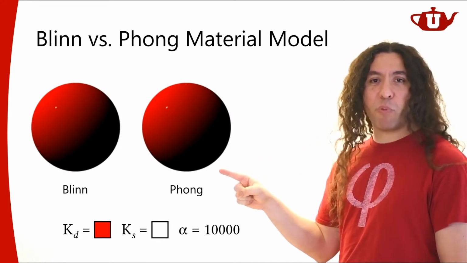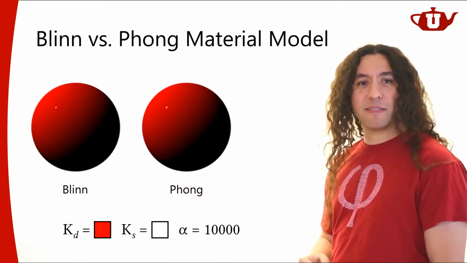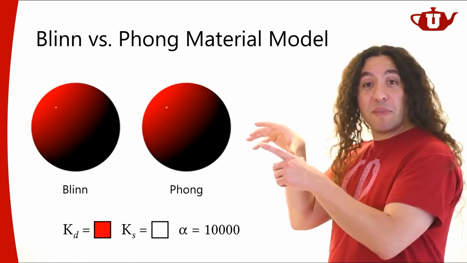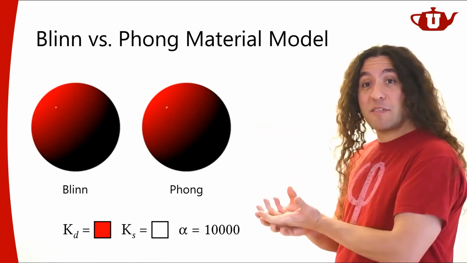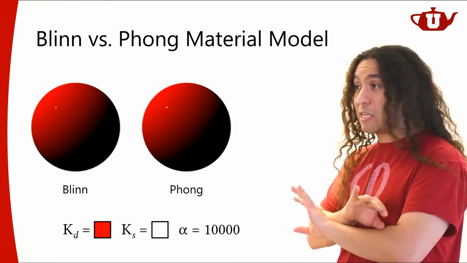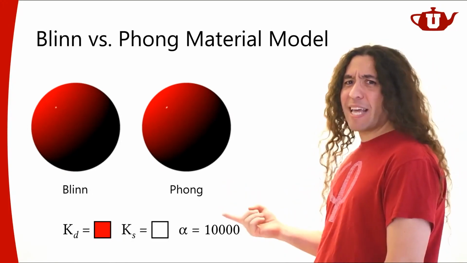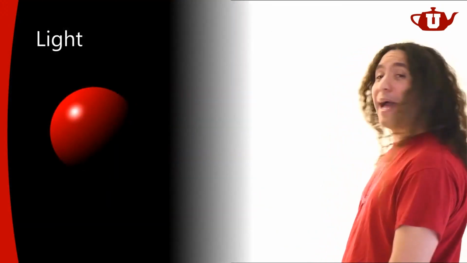And it's not just this point at the back. Anything on the second half of this is going to be pitch black. One hemisphere is getting some light, and the other hemisphere is getting absolutely no light, so it's going to be completely pitch black. So, yeah, in this case, it's not that bad, but what if my background was black?